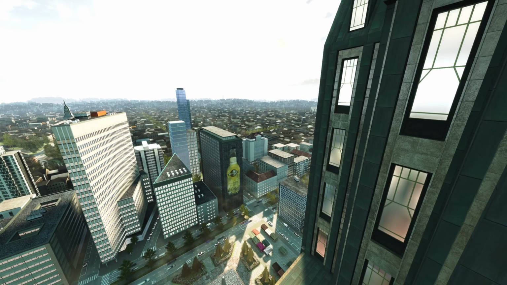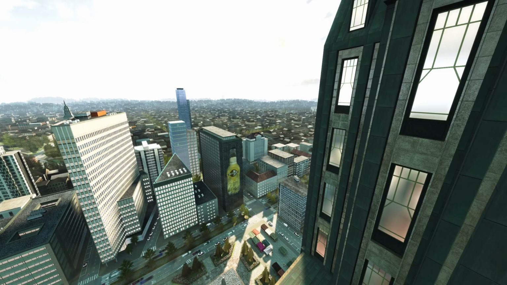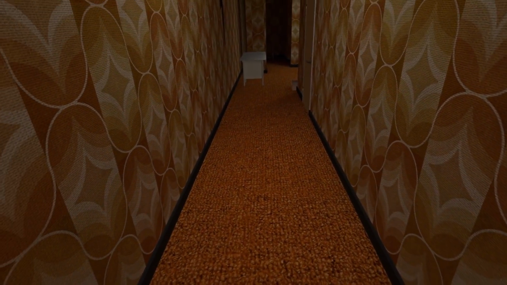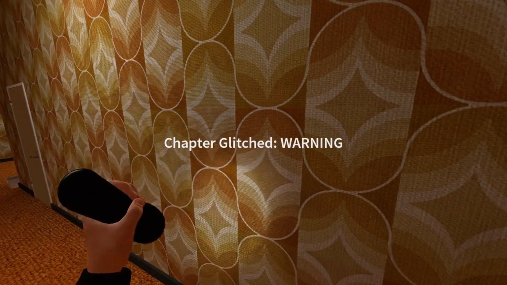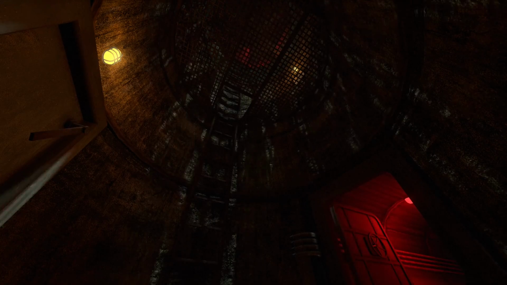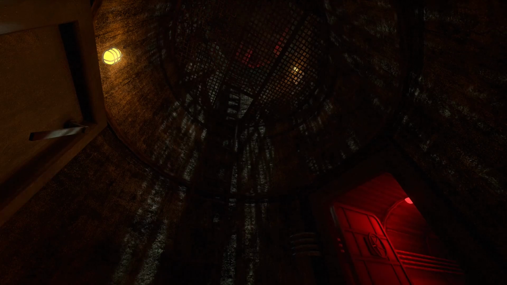Finally, I'd like to talk about an Easter egg in the fan mod INFRA Underground, which released in 2022. When going through the transition from Chapter 2 to Chapter 3, there is a chance that Mark will be no-clipped out of reality, and falls into the backrooms. This secret area necessitates finding a number of fuses across the complex in order to escape, but be wary of the shifting geometry, and of course,